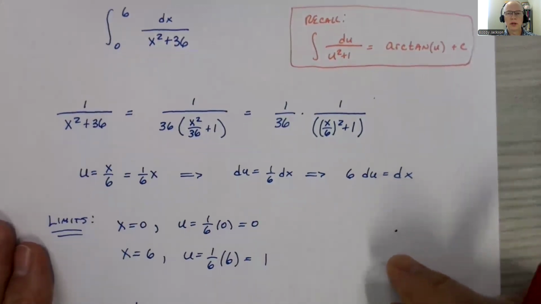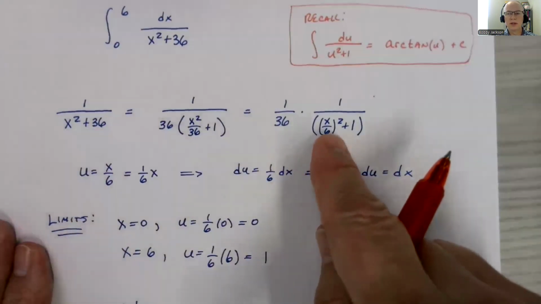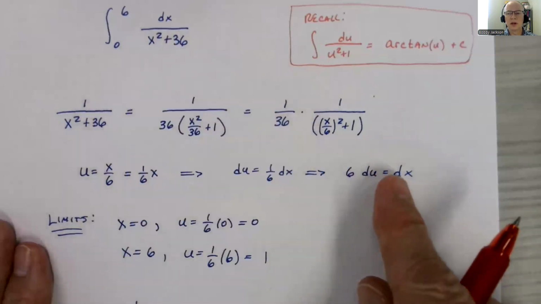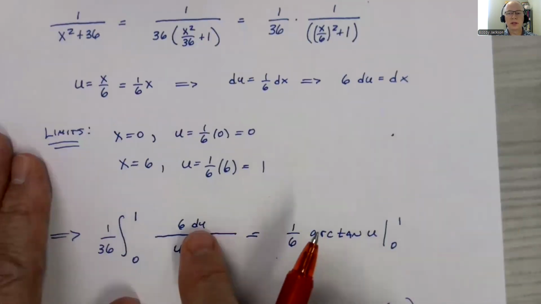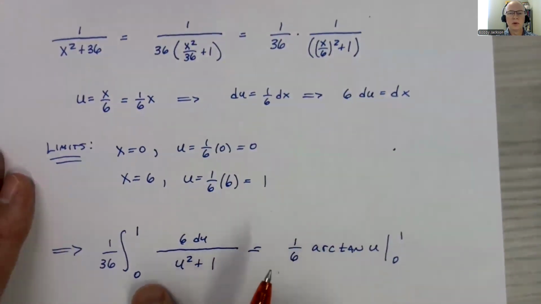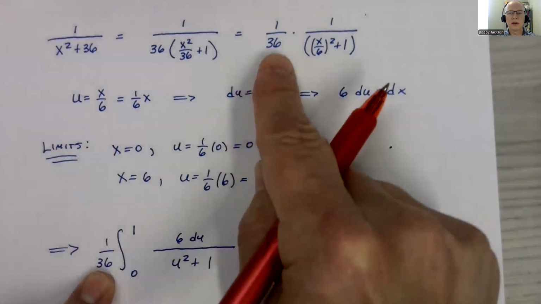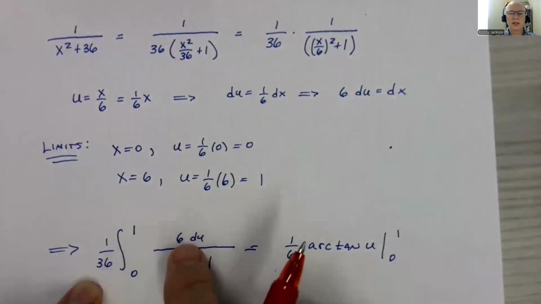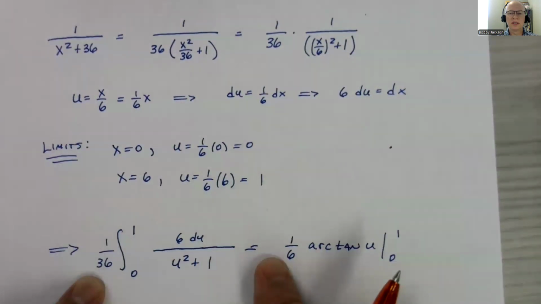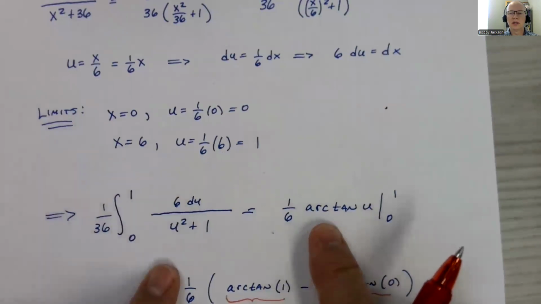So plugging all that in, I'm just going to rewrite my integrand this way, replacing x over 6 with u. And the dx, now up top, right, the dx, be careful, is 6 times du. So the dx is 6 times du, and then this will be u squared plus 1 in the denominator. Remember, my limits of integration are now from 0 to 1, and this 1/36, don't forget we factored that out. That's here. Now this 6 can come out as well as a constant multiple. 6/36 is what? 1/6, and I'm left with basically 1 over u squared plus 1,